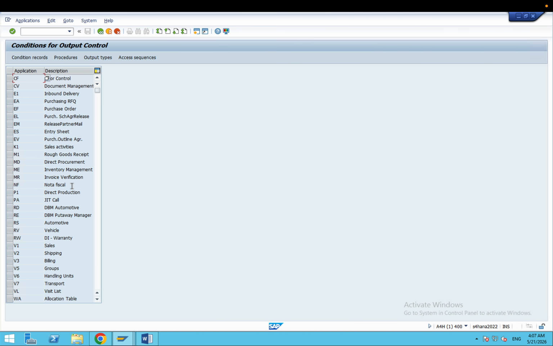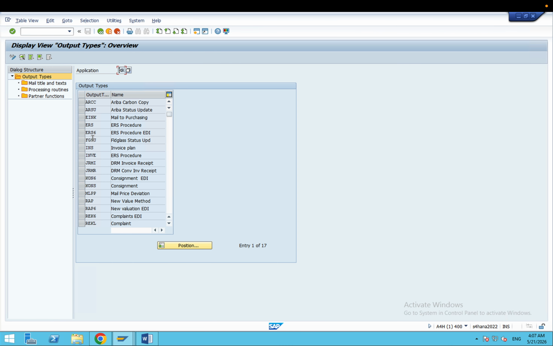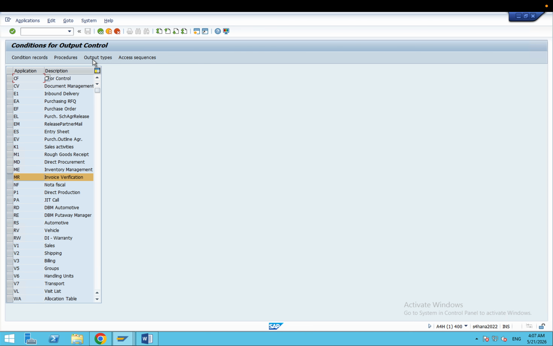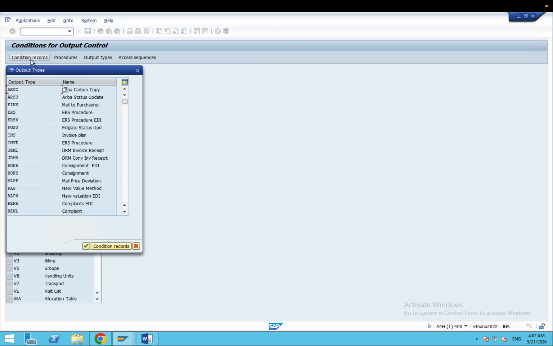Print we have to configure, right? That print also we'll see here. I don't think this will stop, but anyway I have to do it for the printout configuration for vendor consignment. Okay, so invoice verification, and output types. Output type, we are doing that under consignment. Okay, KYNS. So we need to go for KYNS here. Condition record KYNS,